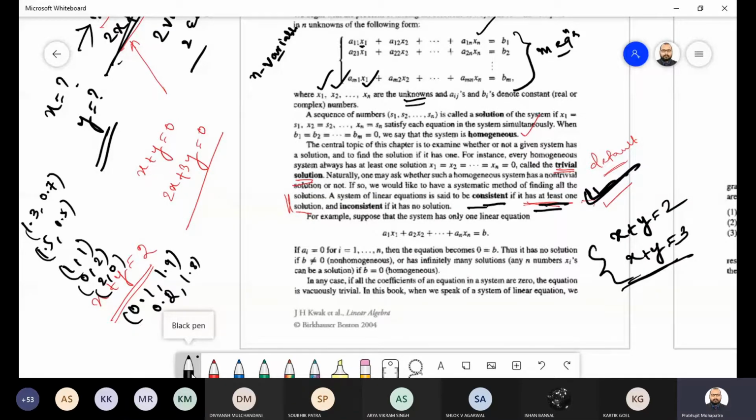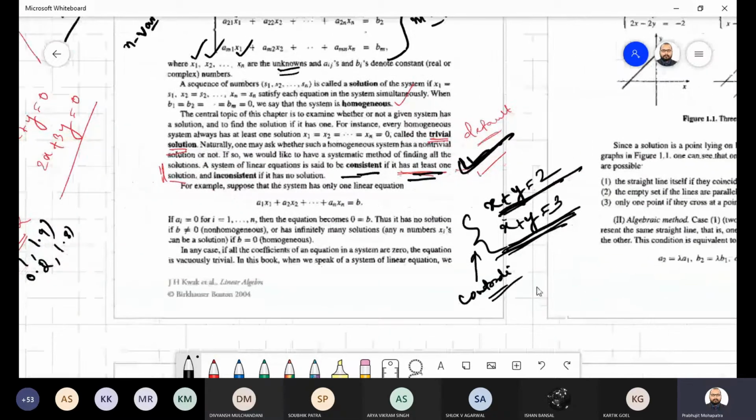So this is called a contradiction. Contradiction is happening means each of these is nothing but a straight line, and these two are nothing but parallel straight lines. You can draw this geometrically also, so we'll draw that geometrically.